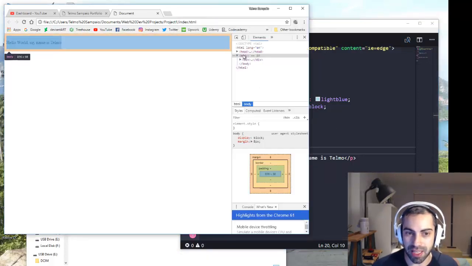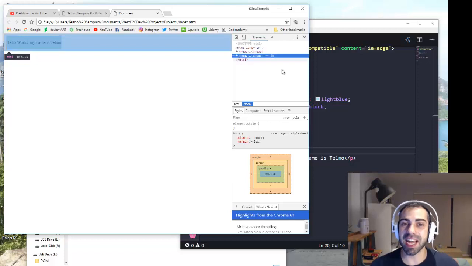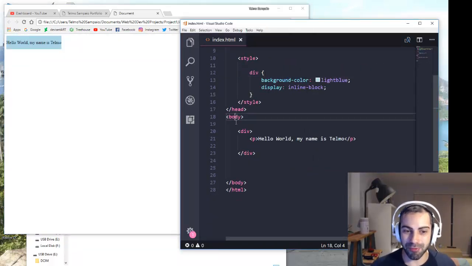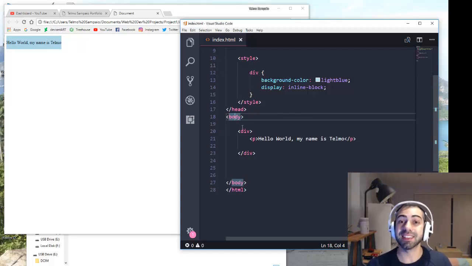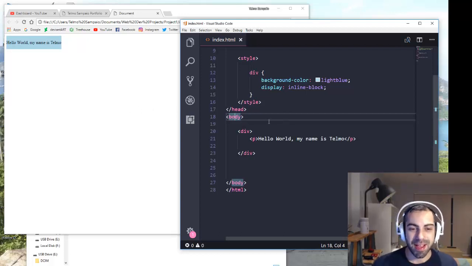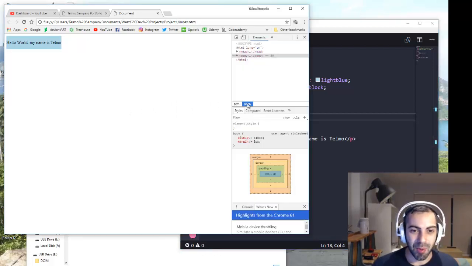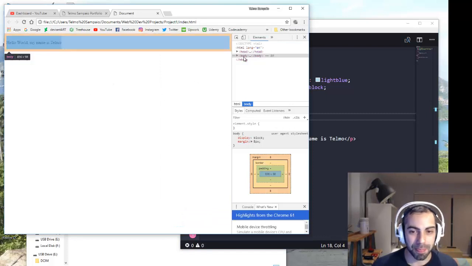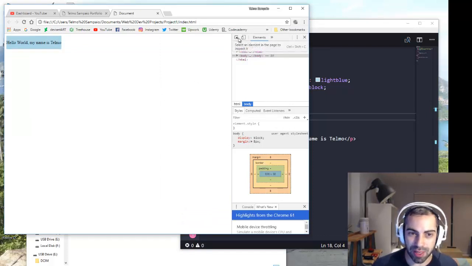So for example, inside of our body, you see these arrows. You can close and open the code. This means that it's inside. Like I explained before, it's code that is inside of the body, and I even gave it an indentation to make sure that we can visually see it better. Okay, so in here now, if we press this arrow on the top to inspect the element,